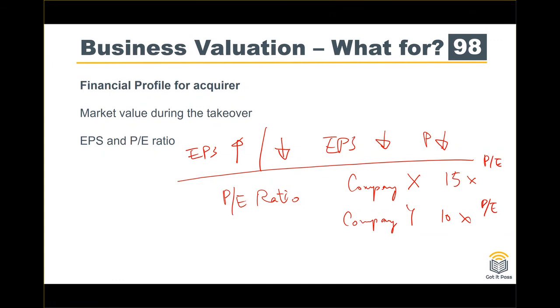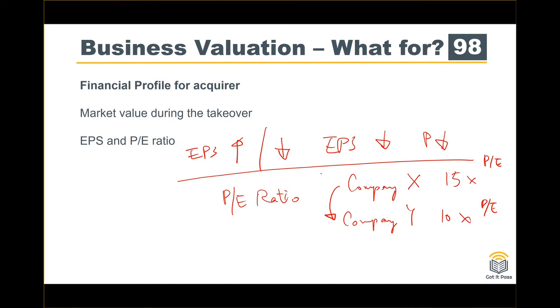When company X announces it is acquiring company Y, what will it be for the PE ratio,